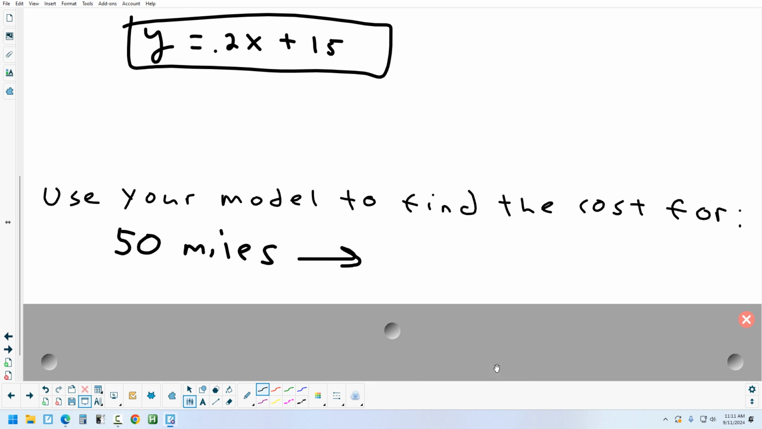Okay, so in order to find the cost to drive 50 miles, what would you do with the 50 and the formula we have up above? Yeah. You plug it in for x. Yeah, you're going to take the 50 and fill it in for x. So we get y equals 0.2 times 50 plus 15. Okay, we'll type it in